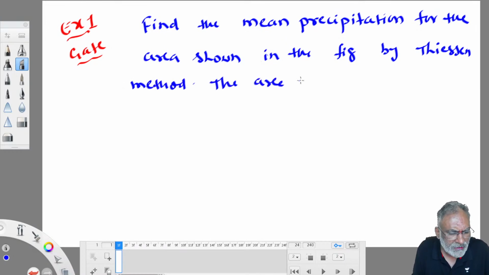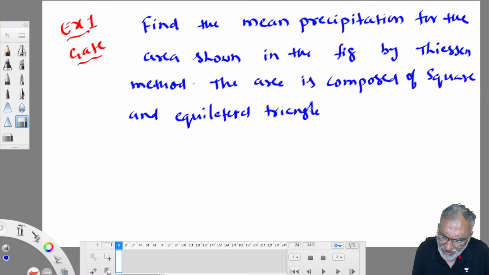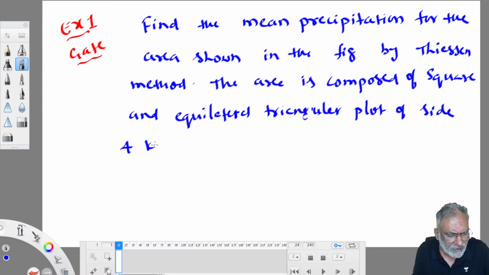The area is composed of a square and an equilateral triangular plot of side 4 kilometers, rainfall recorded at various stations